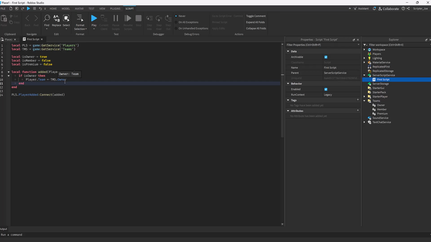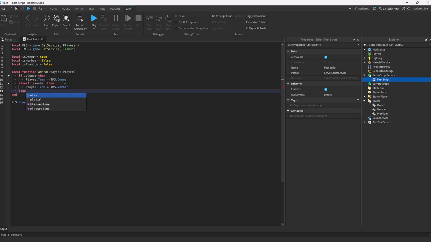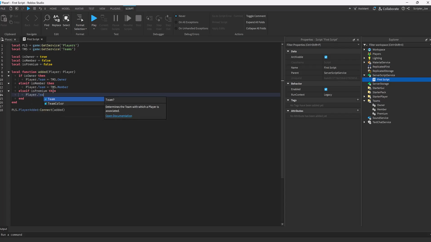So we covered the if statement in the previous video, and we talked about the else if. So let's add else if isMember, if the player is a member, then make their team property set to Teams.Member, basically the member team. Let's add another else if statement. So if isOwner is false and isMember is false, then check if the player is a premium member. So let's check using else if isPremium, then set the player.Team property to